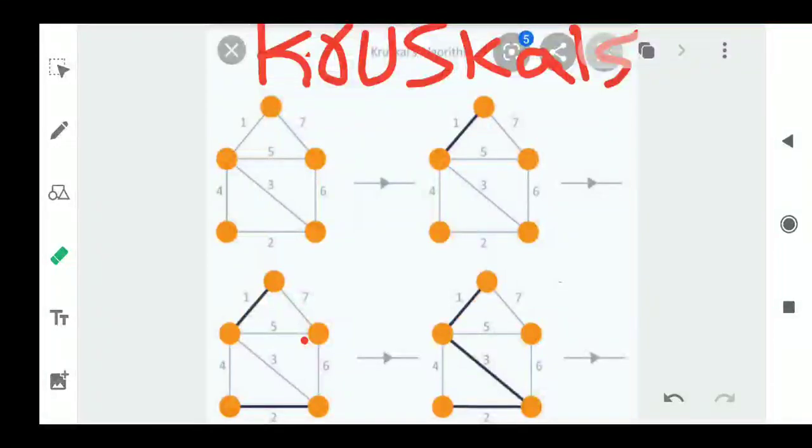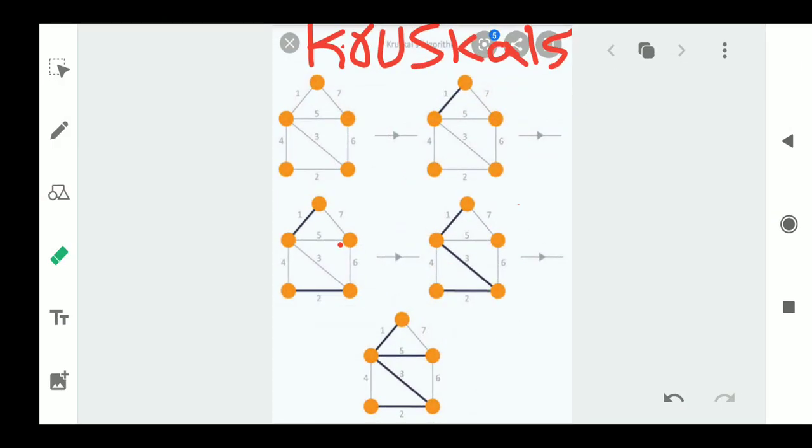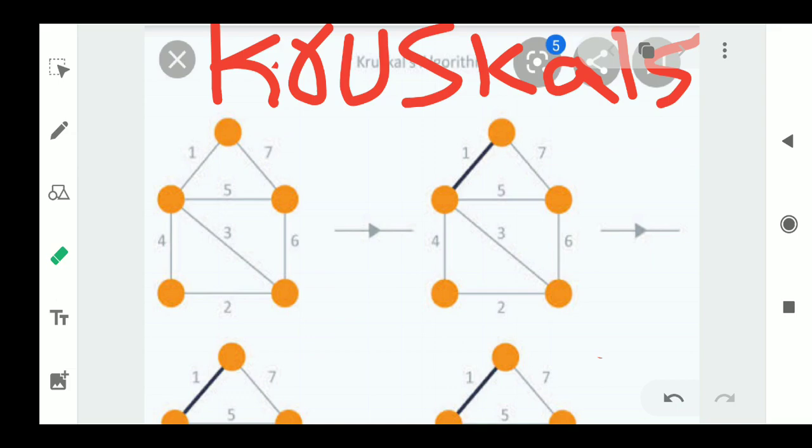In this video lecture, we are going to discuss Kruskal's algorithm. In the previous video lecture, we have seen Prim's algorithm, which is used for constructing a minimum spanning tree. As I told you, a minimum spanning tree can be constructed by using several algorithms, and we are discussing the two important ones. They are Prim's algorithm and Kruskal's algorithm. So here in this video lecture, we will discuss Kruskal's algorithm.